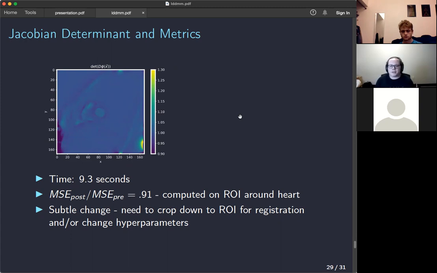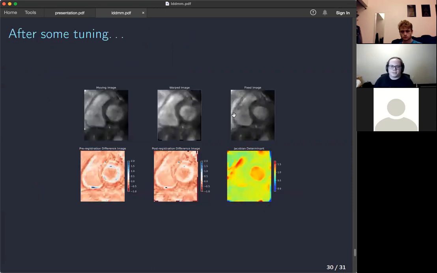But this means we can take it further. First, I want to crop into the heart to get only the relevant part of the image to register. Second, I think we can change some of the hyperparameters, maybe the unit threshold in particular, to get a better registration. And this is hot off the press, I just did this on Friday, but yeah,